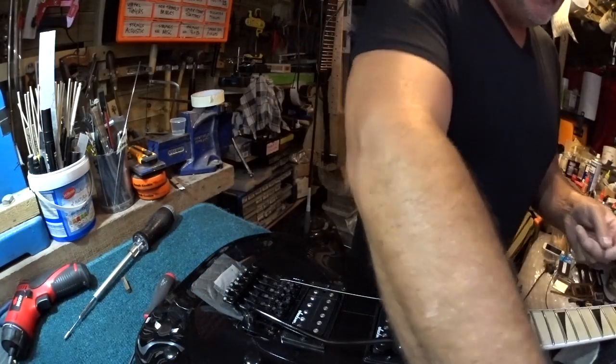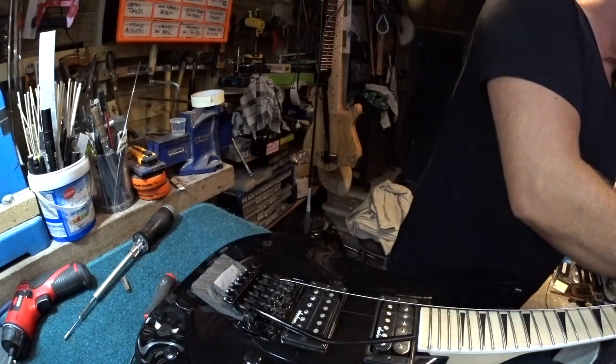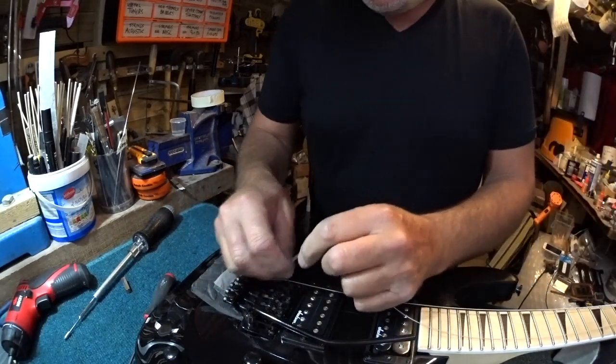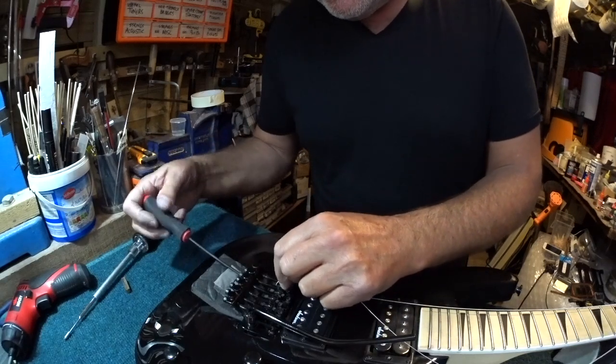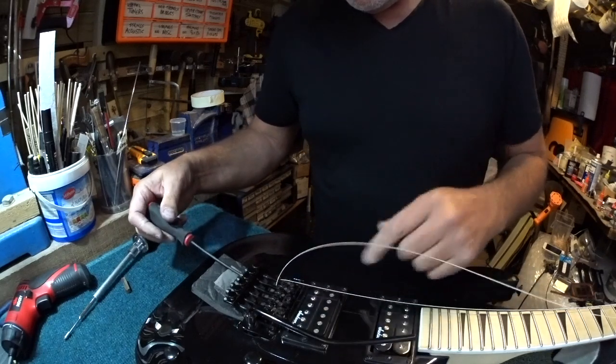I think I'll just take the little bit off the end just to avoid any little hooky bits. So we come through the end here. We don't have to do that, I'm just doing that because it keeps it tidy. Through the end here, push that down into the hole, tighten that up until the block pushes against